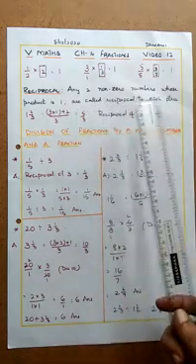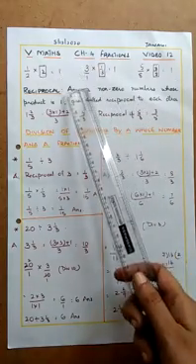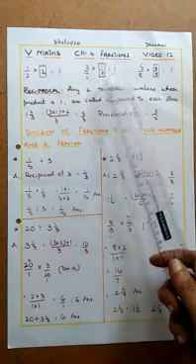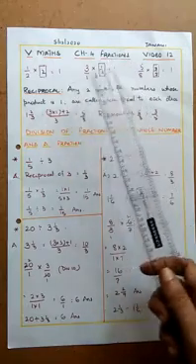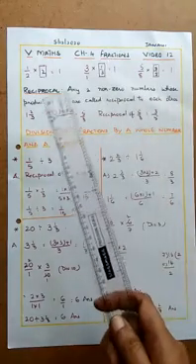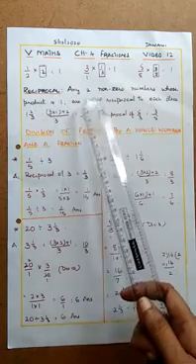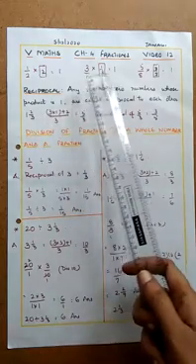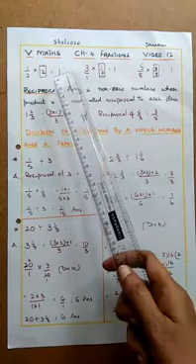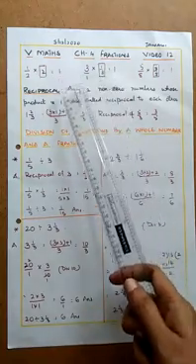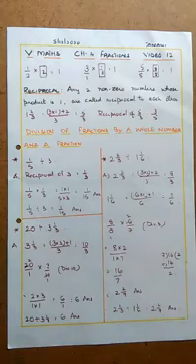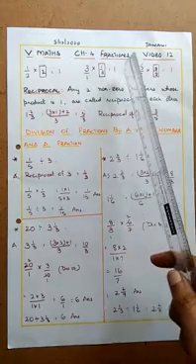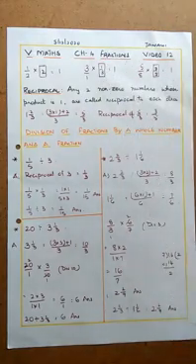What is a reciprocal? How do you get it? If it is a whole number, write it as a fraction by putting 1 as the denominator, and then make the numerator of the first fraction the denominator and the denominator the numerator, and find the product, you get 1. So now the definition of reciprocal is any two non-zero numbers whose product is 1. Product means multiplication. So we have taken two fractions, 3 by 1 and 1 by 3, and when you found the product, you got 1. So now 1 by 3 and 3 by 1 are reciprocals of each other. So that way we will define the reciprocal.